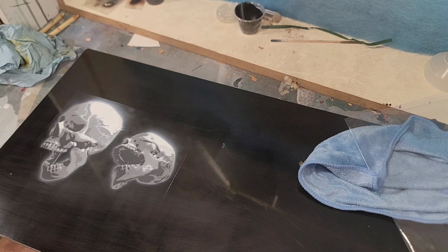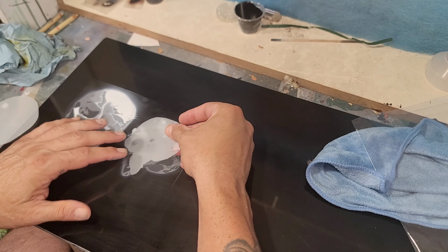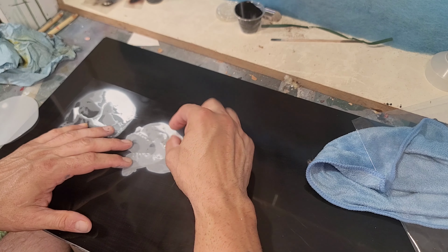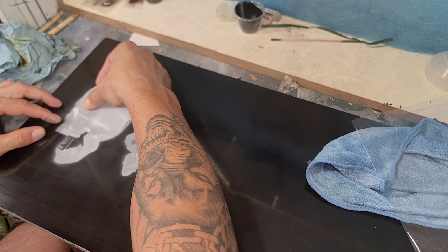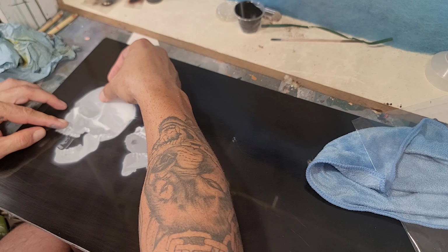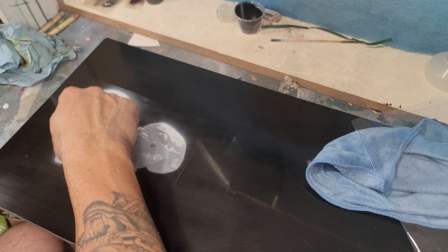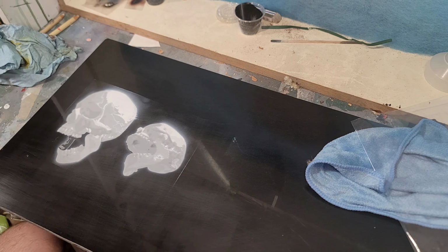All right, one more thing I'll show you is you kind of get like these hazes around there. So you can come in with this, the positive part of the stencil. Now it doesn't give you this part of it, but if I want to go around the outside with some black,